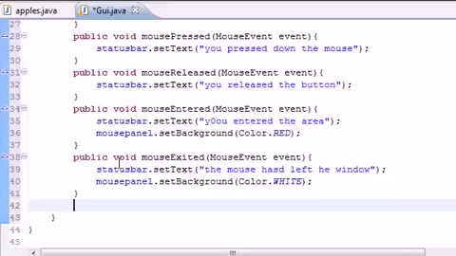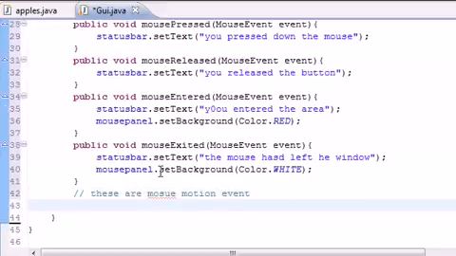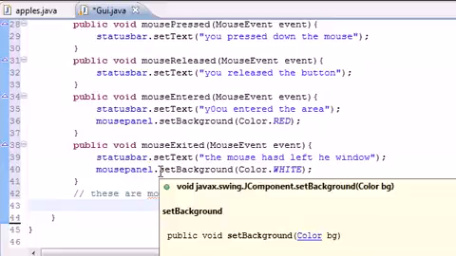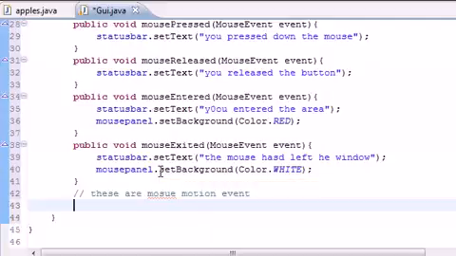So public, I'm going to make a little comment. These are mouse motion events, so not just the typical mouse listener. The first method we need to make is called mouse dragged. So public void mouse